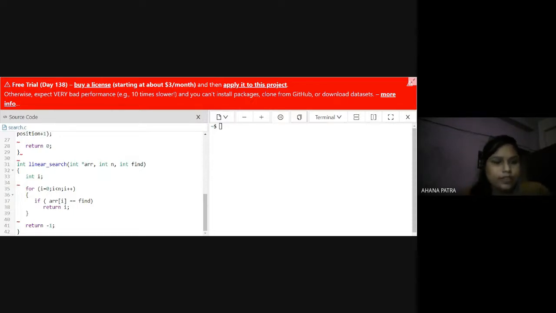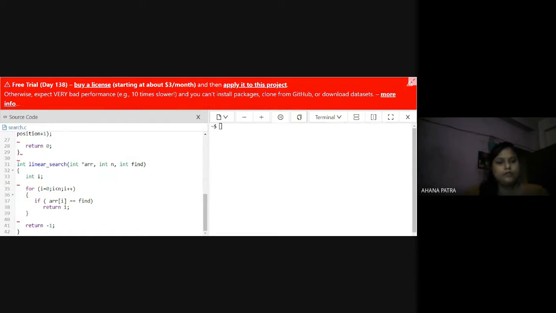If arr[i] equals find, suppose at the first time i is 0, that means the first position of the array matches the searching value, then return the position i.